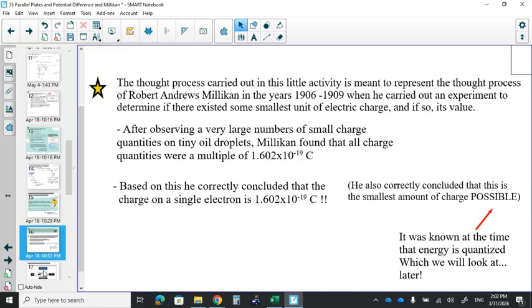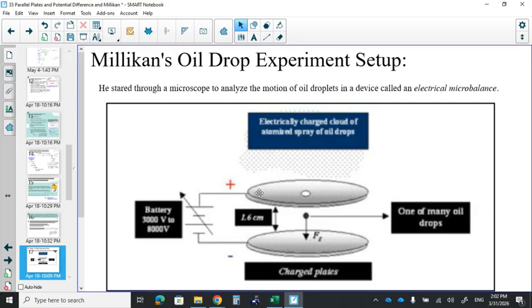So these little oil droplets, this is the experiment, right? You have these charged parallel plates. That's the connection to this topic. You have these little oil droplets in there, and you poof them out through an atomizer. It's really the same thing as a little perfume bottle. You ever seen a perfume bottle with a little rubber bubble, and you squeeze it and it puffs a little air, and then some perfume gets drawn out and sprayed out into little droplets? Exactly that. Okay, a little bit of oil, droplets get poofed into here,